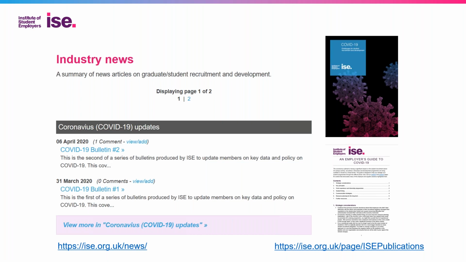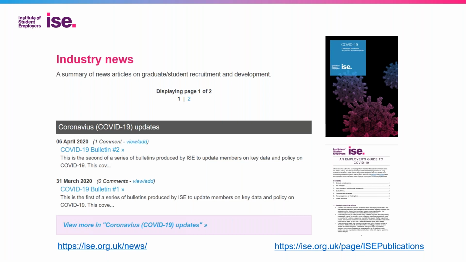We've also published a couple of papers. Many of you will probably have already heard about our research from a couple of weeks ago, which looked at how employers were responding to COVID-19. I'm going to present a couple of little bits from that today as well.